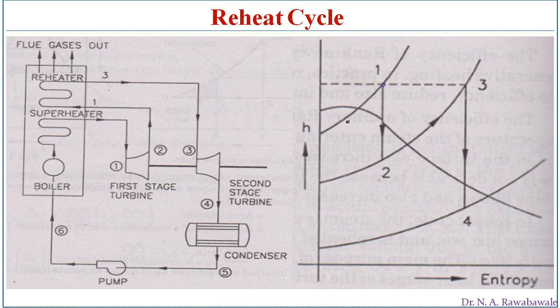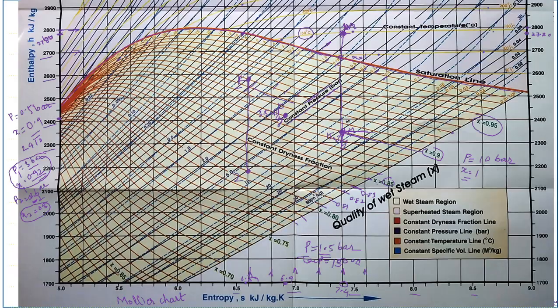Therefore, the moisture in the steam causes erosion of turbine blades and increases the losses. So to protect the turbine as well as avoid energy losses, it is generally practiced that steam is reheated when it becomes just wet. So in this Mollier chart we can see from point 1 steam is expanded up to point n. When it becomes just wet, again this steam is taken out and reheated, and after reheating again it is expanded. This practice is known as a reheat cycle.